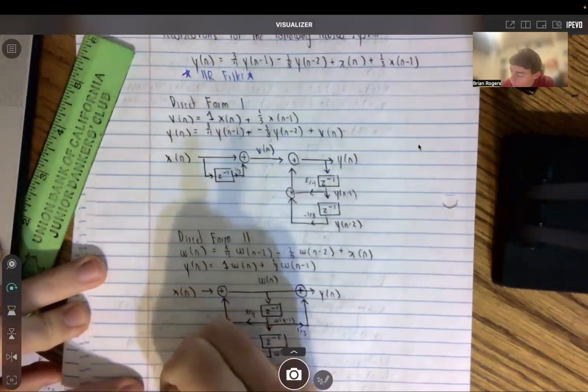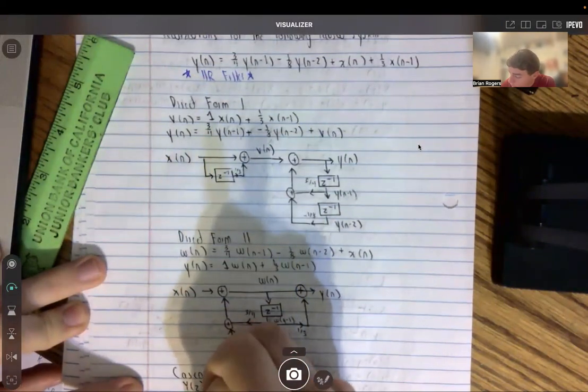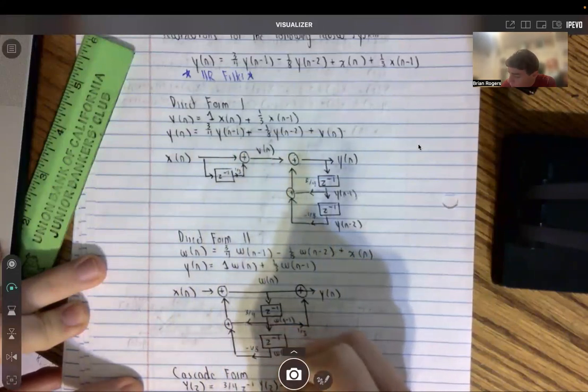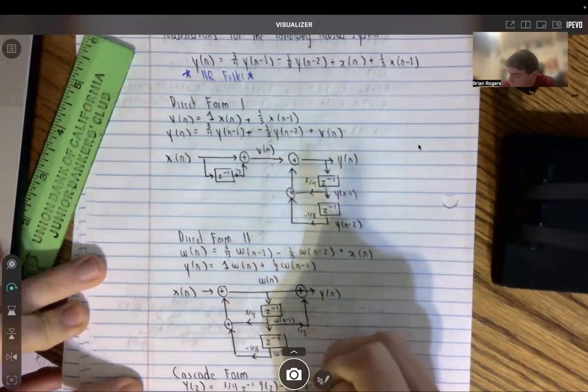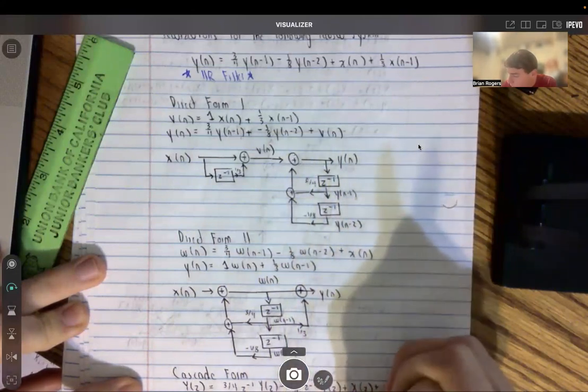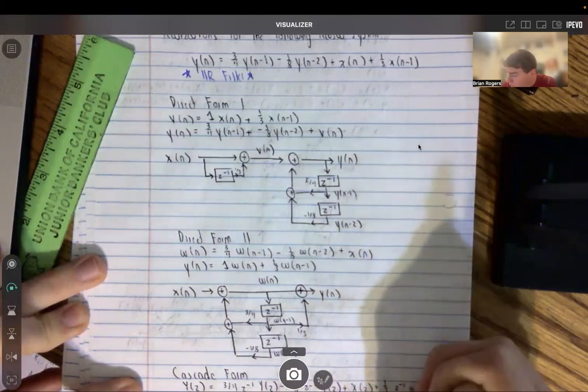So it would be Y(z) equal to 3/4 z^-1 Y(z) minus 1/8 z^-2 Y(z) plus X(z) plus 1/3 z^-1 X(z),